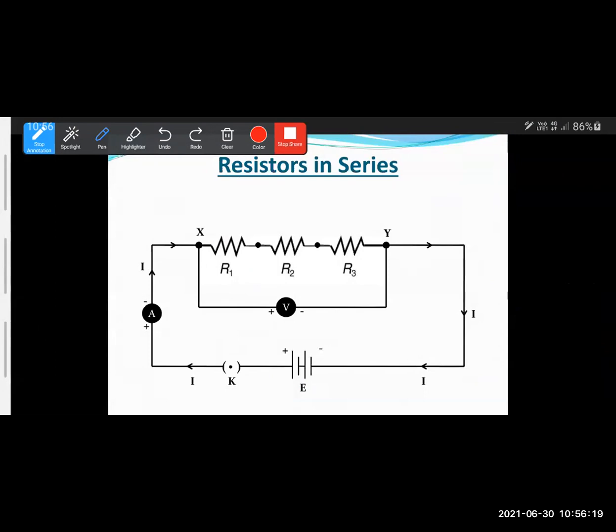Okay, now right in the middle here you have the power source, that is a battery, which is denoted by the symbol E. There are those two symbols, the positive terminal and the negative terminal, right? Then just across the power supply we have the plug key, which is just a switch, used to switch on or off your circuit. Then here on the left hand side we have an ammeter.